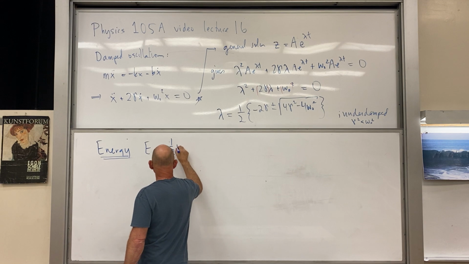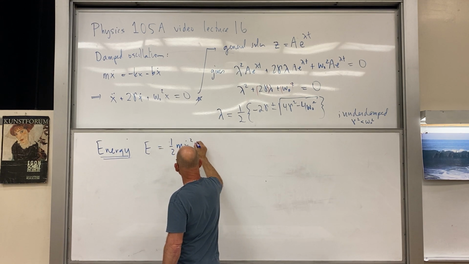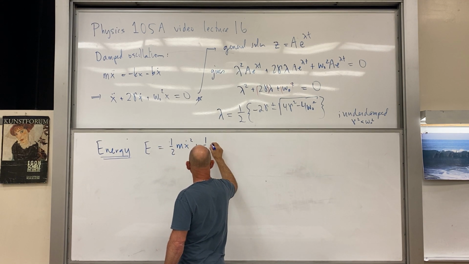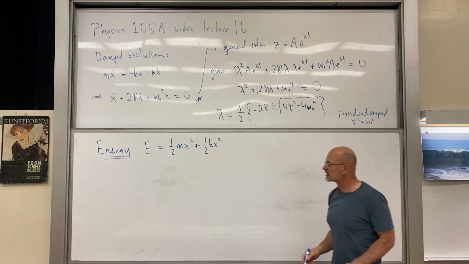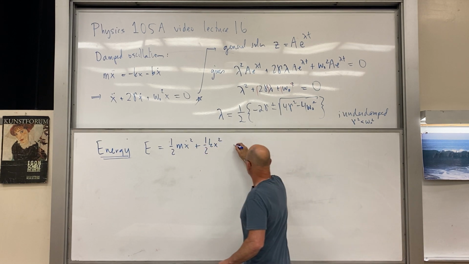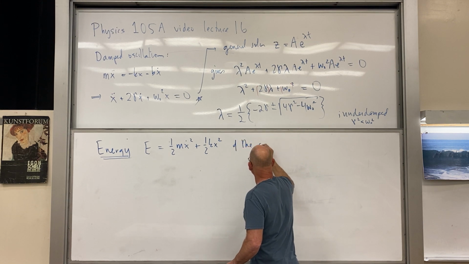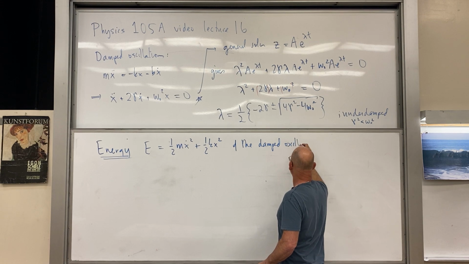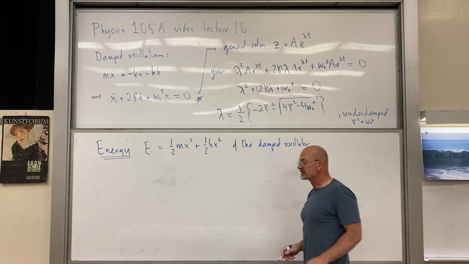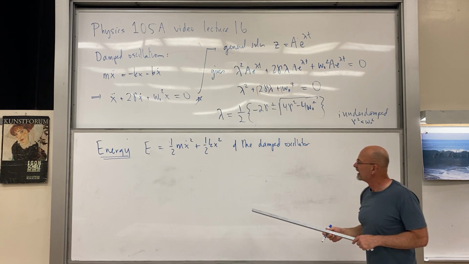E equals 1/2 m x dot squared plus 1/2 k x squared, right? Kinetic plus potential energy of the damped oscillator. Well, the energy is clearly decreasing,